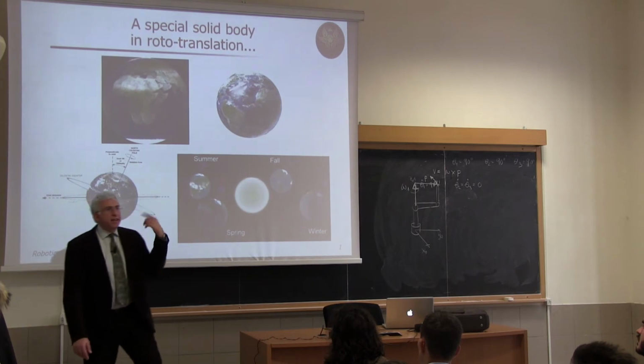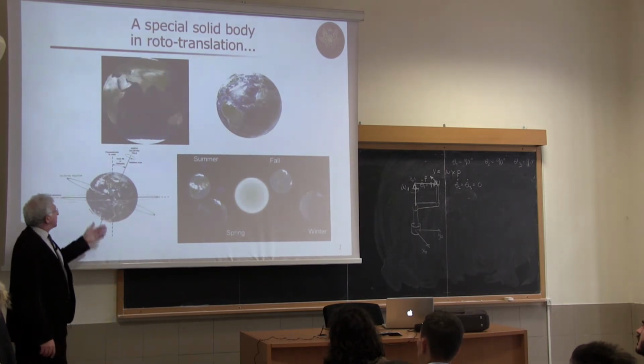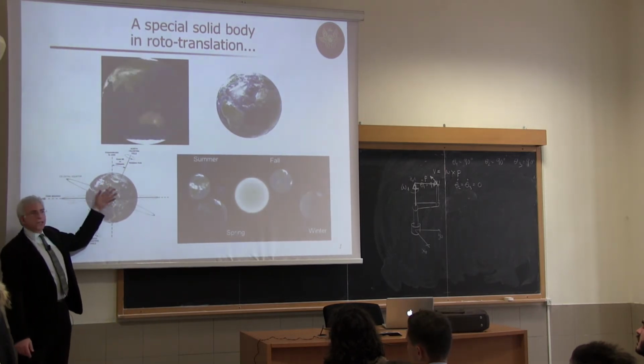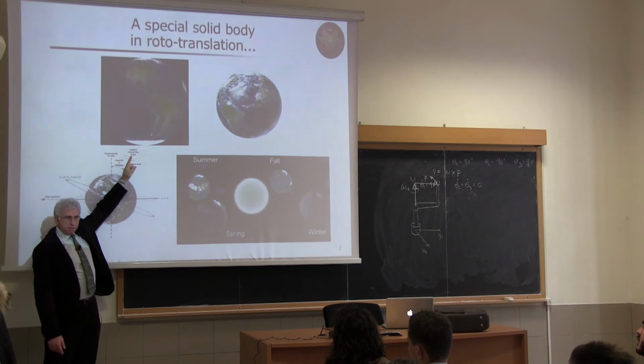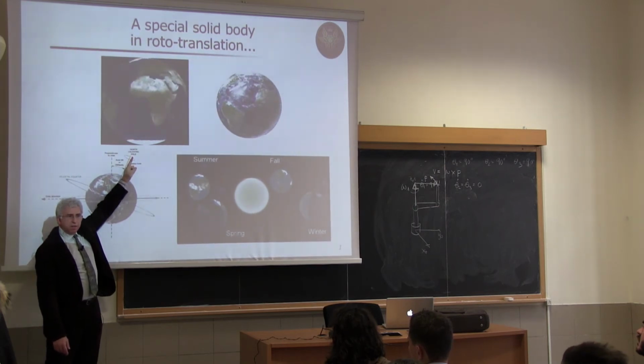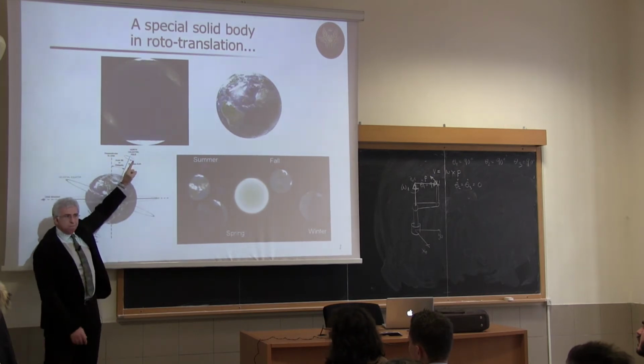And then day and night. So it will just rotate around some axis. So we can have an angular velocity. What is the angular velocity of the Earth in this situation? If we froze the seasons,